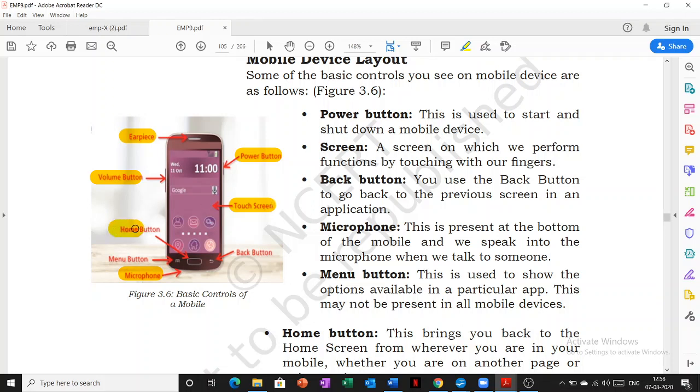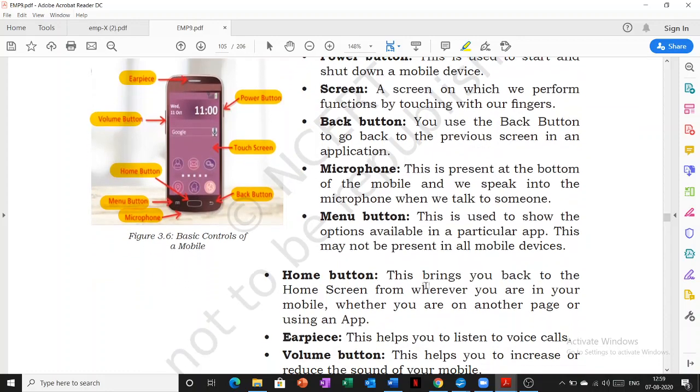Here in the middle there's a home button. Now what does the home button do? It brings you back to the home screen. Wherever you are, it will take you back to your home screen. Here is the menu button. With the menu button, it will show you all your applications, everything you have installed on your phone. There's a back button over the right side. Back button is just to let you go back one page. Here on the right side, the description is given as I already explained. You can just go through this.